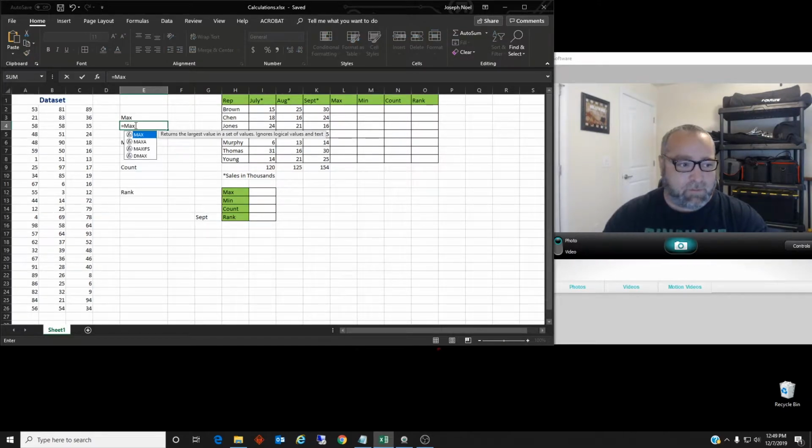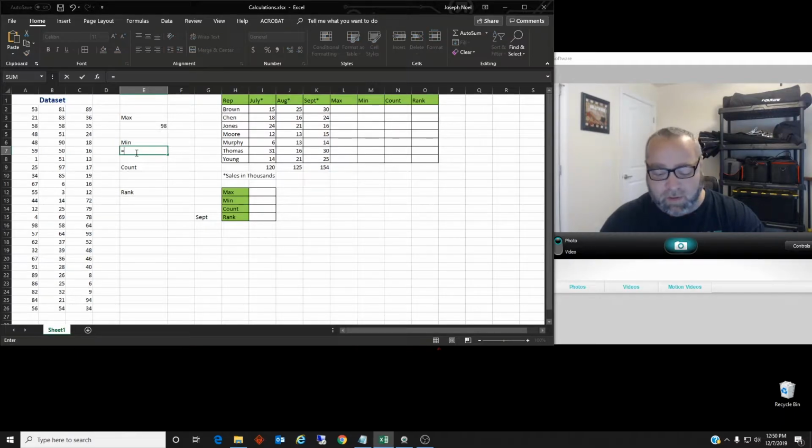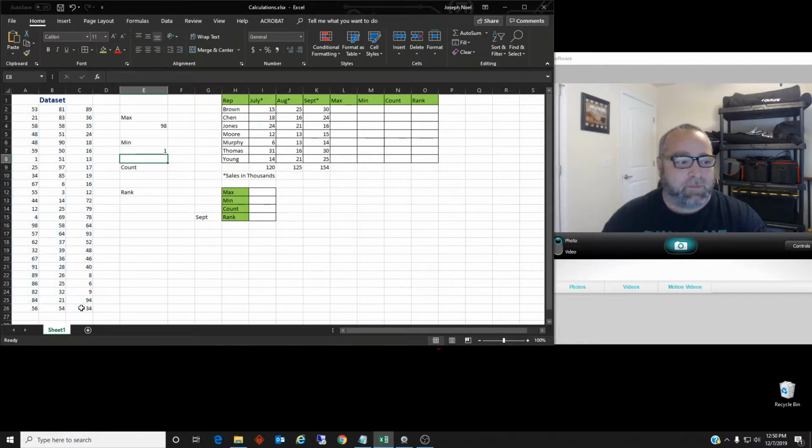So we'll type equals max, open parentheses, and then we'll select the range of numbers here and hit enter, and it'll say the maximum number in this data set is 98. Same type of thing with min: equals min, open parentheses, the range of numbers, enter, and 1 is the minimum,